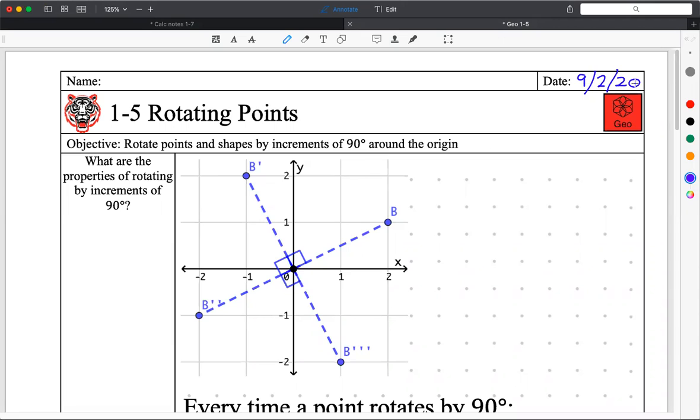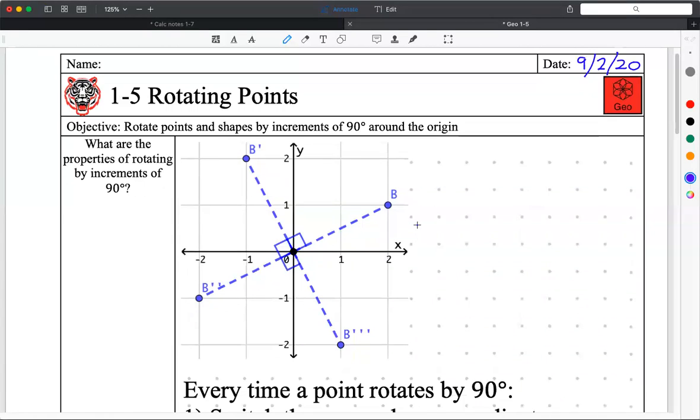Our objective, who wants to read that one? Hesha, go for it. Rotate points and shapes by increments of 90 degrees around the origin. Yep, perfect. And I think this was Kira that identified this yesterday, that property with the